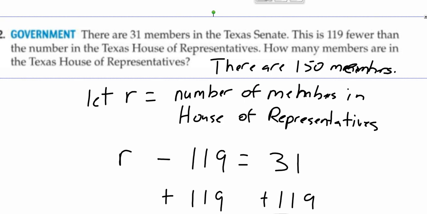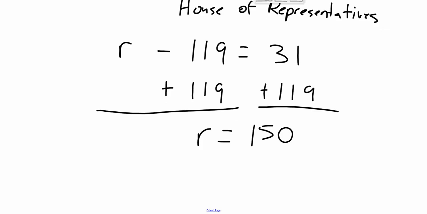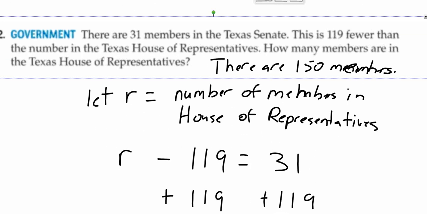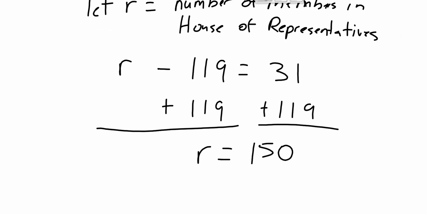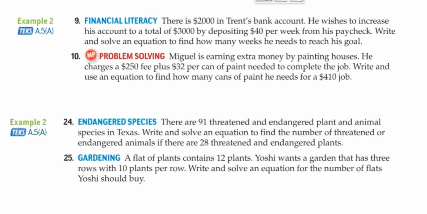And so that answers the question. Remember, R equals 150 is the math answer. There are 150 members in the House of Representatives, Texas House of Representatives. That's your answer to the word problem. All right, and so that will help you answer problems 9 and 10 on the check for understanding at the